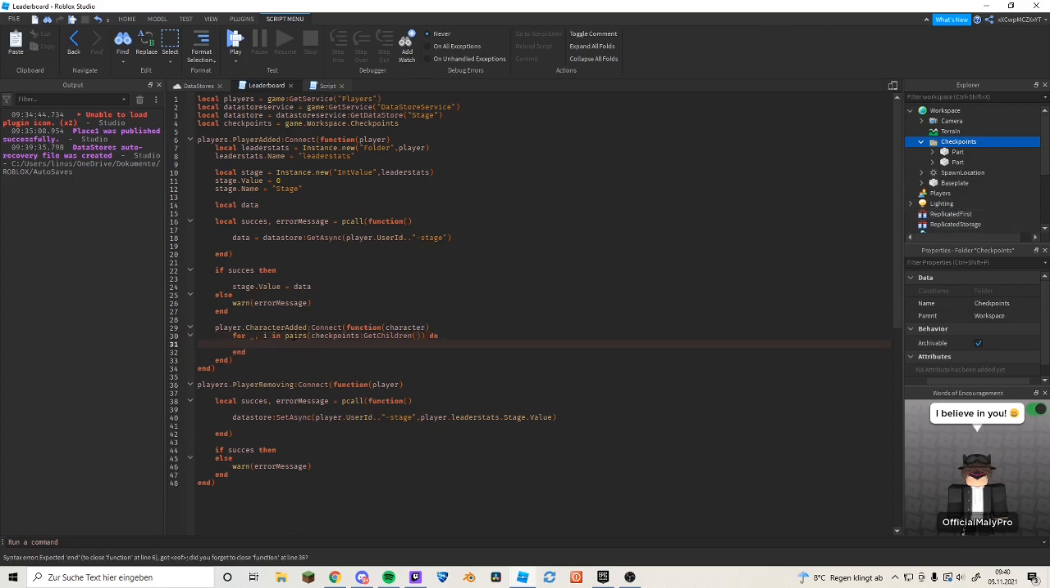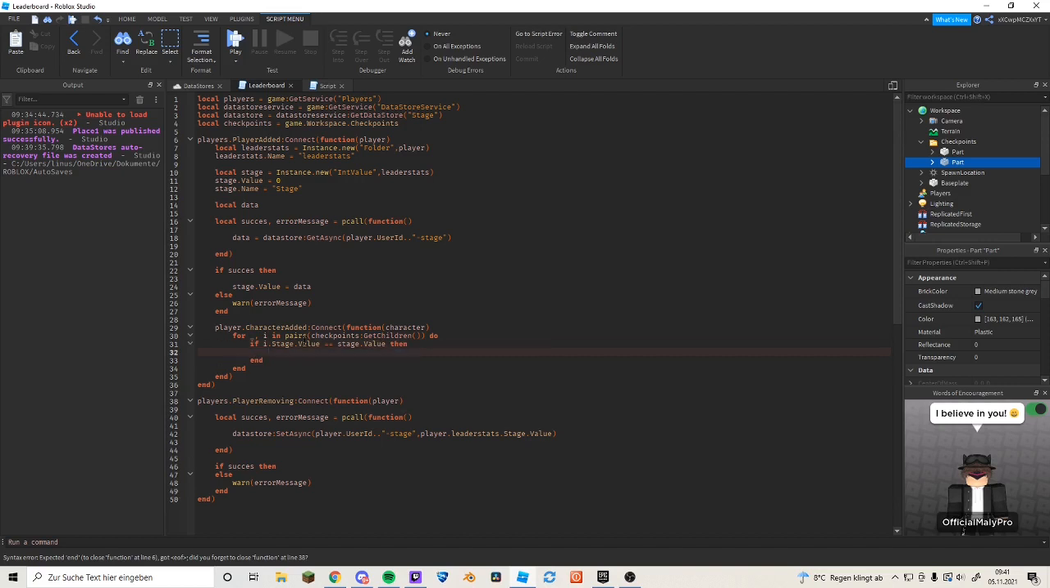So now we run this code. There's gonna be code in here, and we run it for everything, for the children that are in here. Of our checkpoints, these are the two children, and we're gonna run this code for this one, and then we're gonna run the code again, but for this one. The thing we can do is: if i dot stage dot value equals stage dot value, then